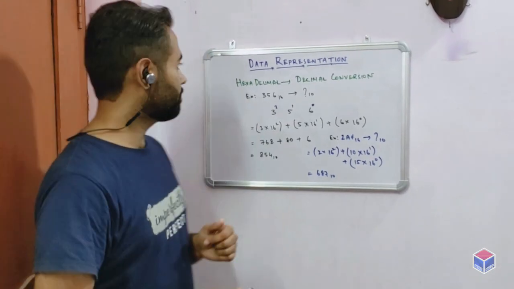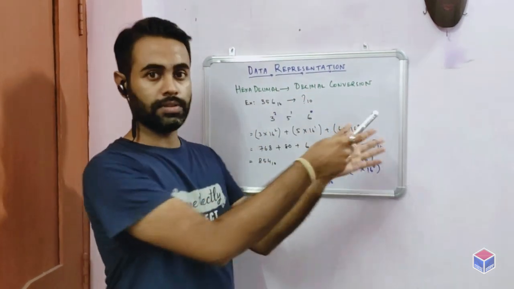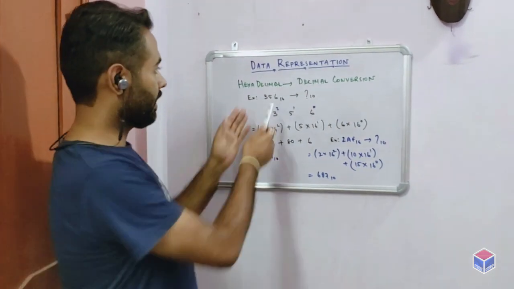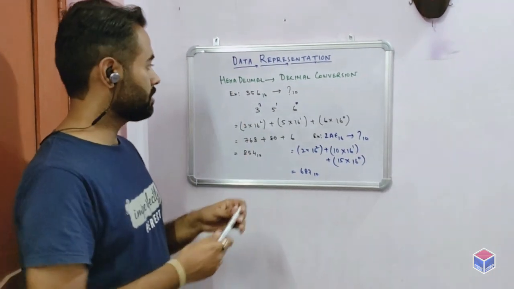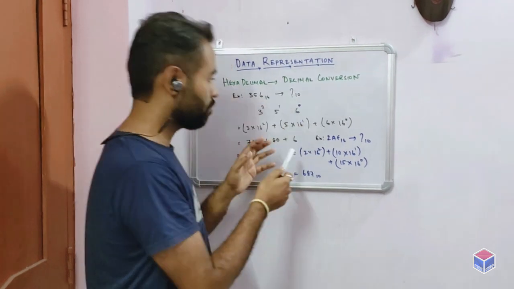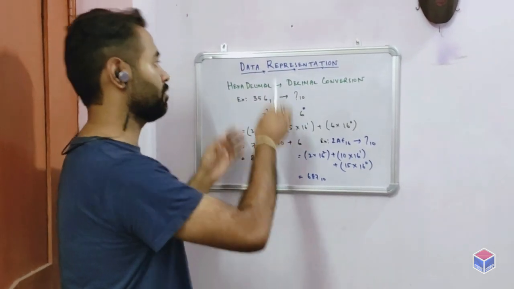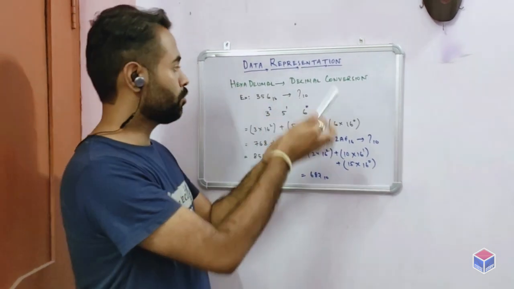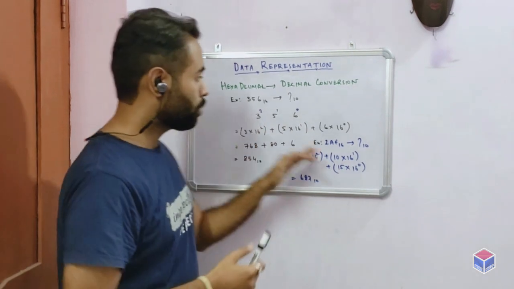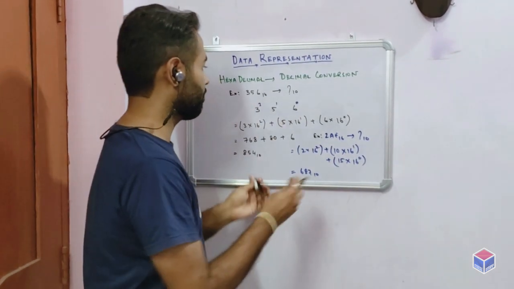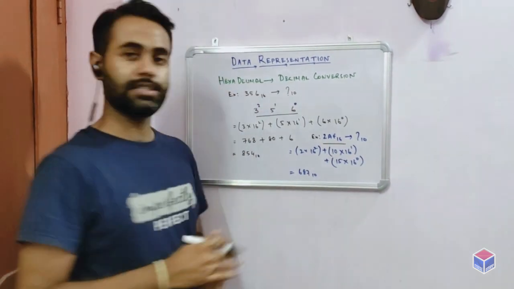Okay, so the next conversion is from the hexadecimal number to the decimal number, that is base 16 to base 10. As in the last two conversions, we will be using the positional values and the power to the n. Here the base is 16, because we are converting from base 16 to base 10. So look into this example, 356. I have put here two examples. One is with the value 356 and the other is with the value 2AF base 16.